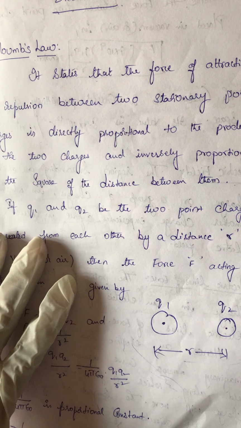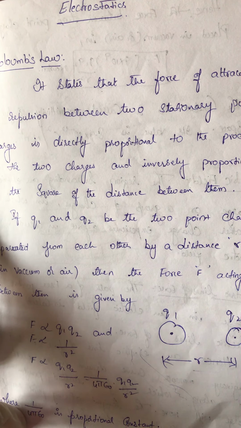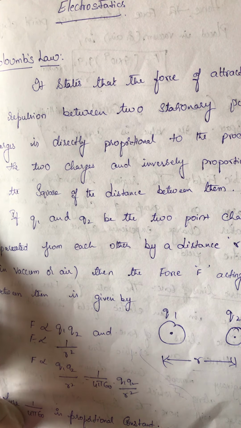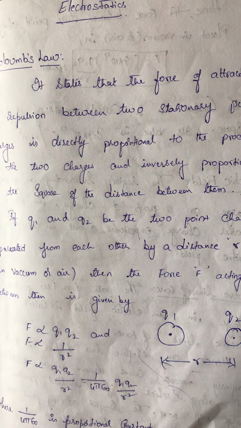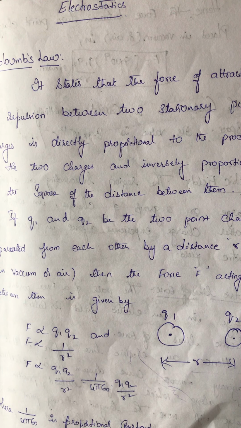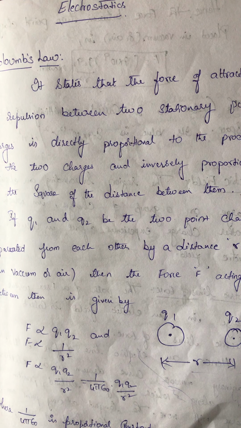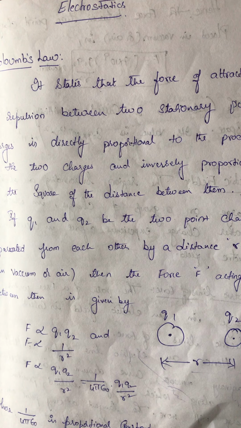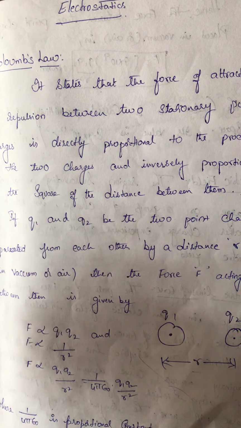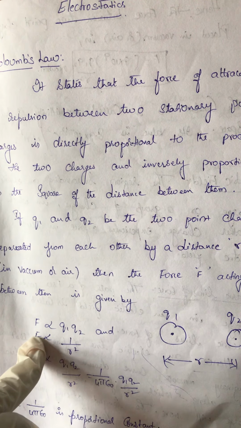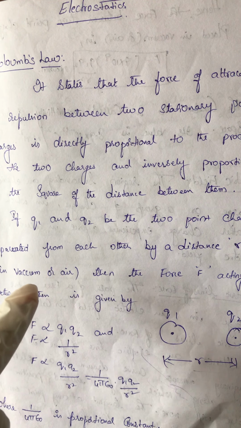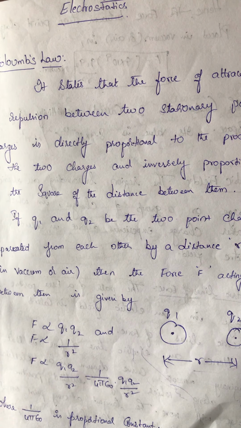First we are going to see Coulomb's law. Before this, we should know about charges. Just basics: any substance consists of atoms. An atom consists of 3 particles: electrons, protons and neutrons. Electrons are always revolving around the nucleus, and protons and neutrons are in the nucleus. These two combined we call nucleons. Neutron is a neutral particle, and proton is a positively charged particle, so we call the nucleus a positively charged particle.